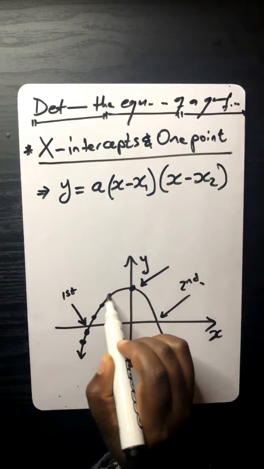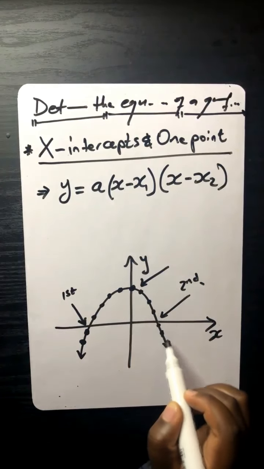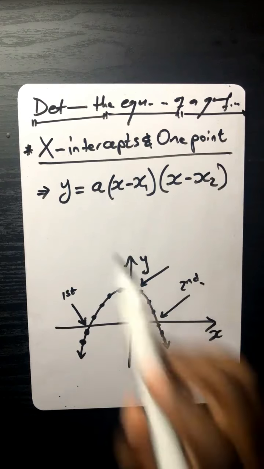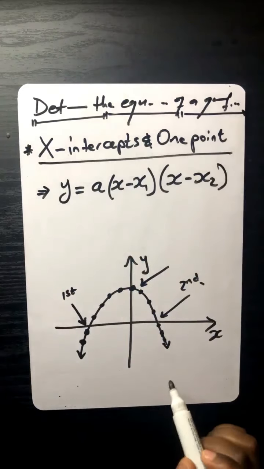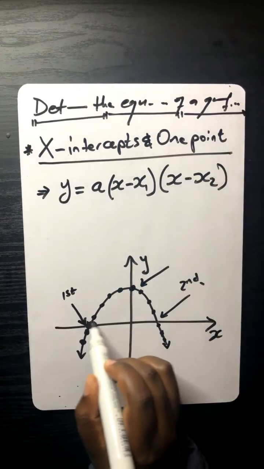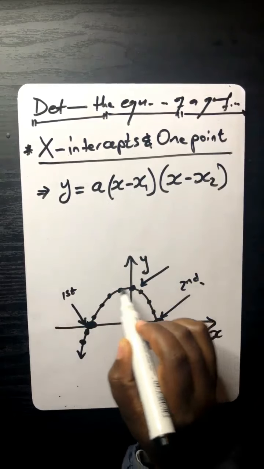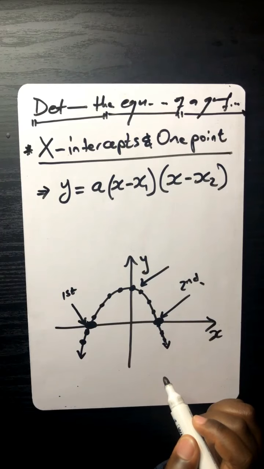It could be any point along that function. That's what the first bullet means: you are given the x-intercepts, the first x-intercept, the second x-intercept, and just 1 point along that function. That's when you use